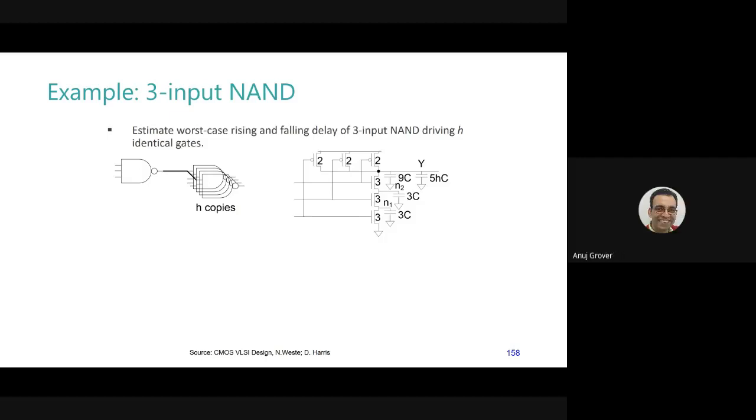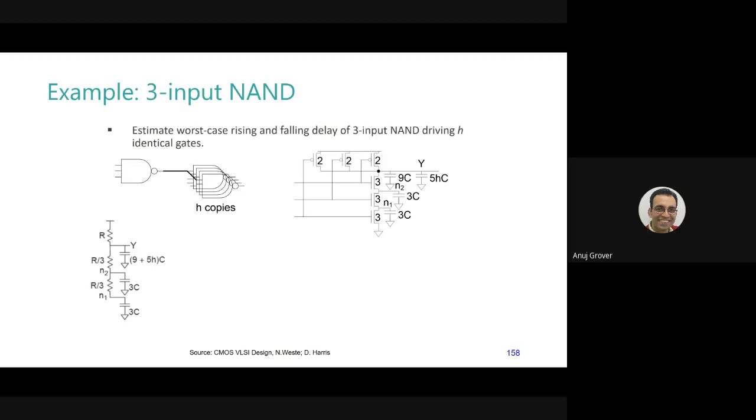Yes. But within the 5C, the 5C that we found at the input was for one input side, right? We had a 3-input NAND gate. Yeah, so I'm only sending this to one input. The other 2 inputs are left floating. Okay. Should we move forward? Yes, sir.